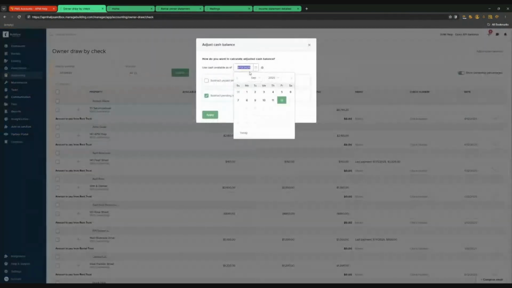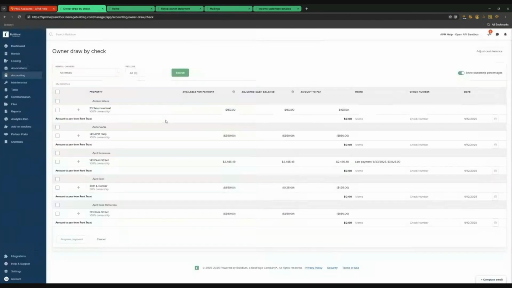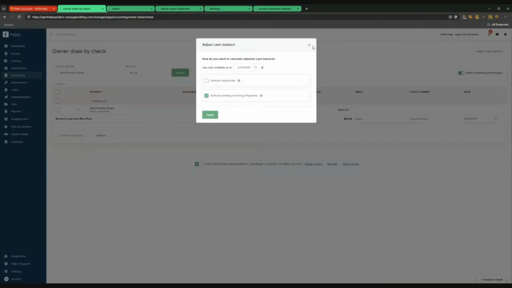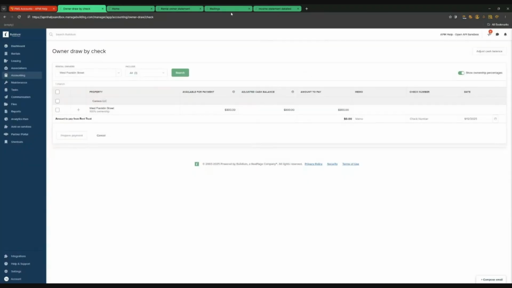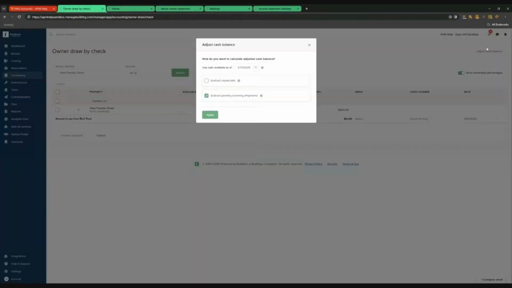So watch what happens if I change this to 2/13/2025 right here, and I click apply. West Franklin Street. Here, let me pull this up here, make it easier. Here it is. Okay, notice how I have the cash balance at now $800 compared to the $1,200 we saw earlier. So just be careful on how you use this available cash as of,